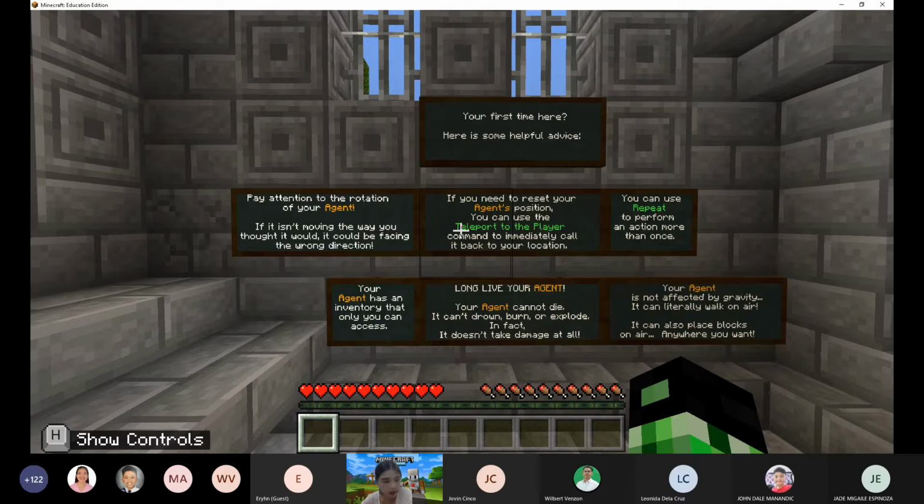Okay? Last but not the least is, your agent is not affected by gravity. It can literally walk on air. It can also place blocks on air anywhere you want. Okay? So, kung gusto natin mag-place ng blocks on the air or to some part or area of our world, then it would be possible not using our character but using our Minecraft agent. Okay? Alright, so